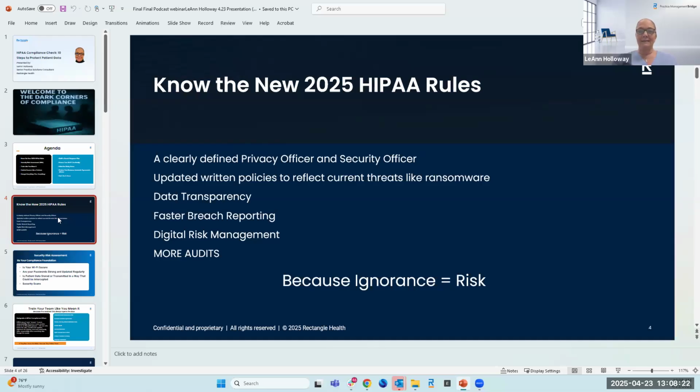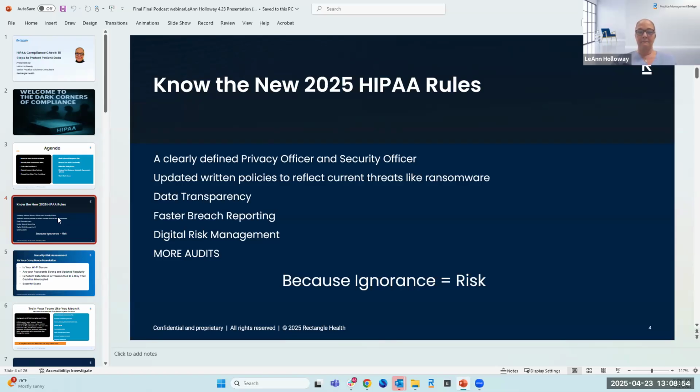It mandates that all existing implementation specifications be elevated from addressable, which is what it is now, to required, with very limited exceptions. And that definitions be revised to encompass today's cyber threats. Practices must maintain and update at least annually written policies and procedures that specifically address hazards, ransomware, phishing, and other